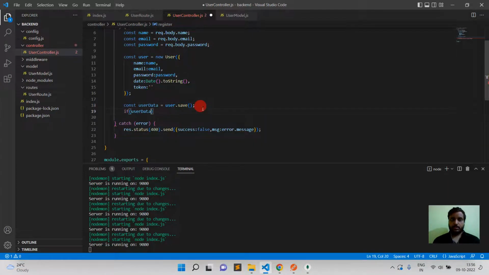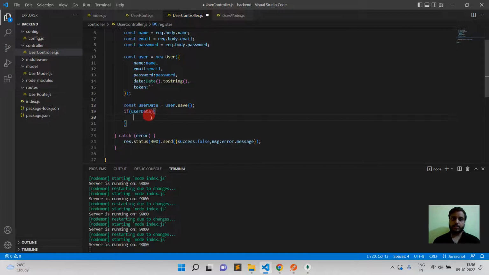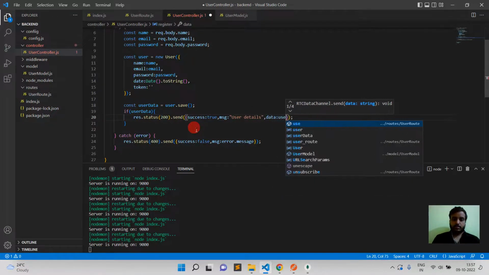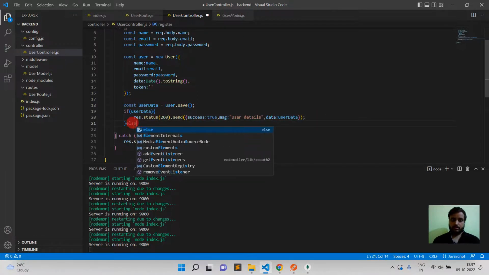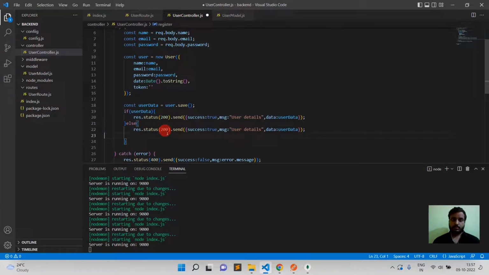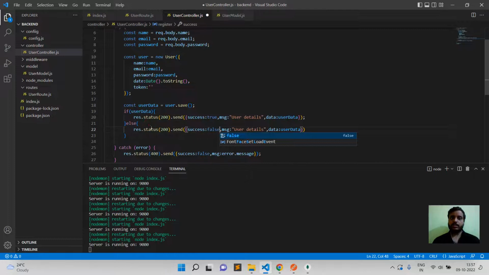Now I'm going to check if user data means it is saved, then the message will be user details and the data will be this data. And in the else condition, if it is not saved, then